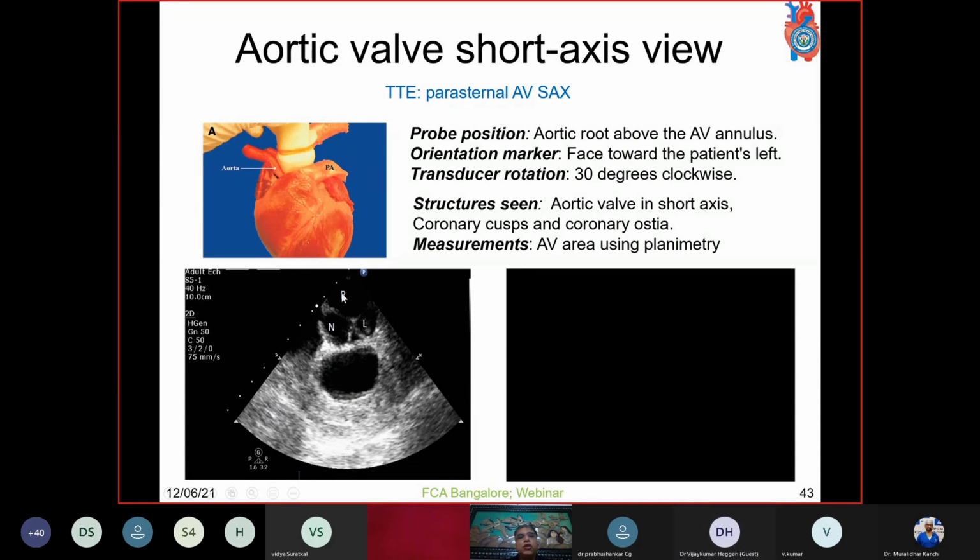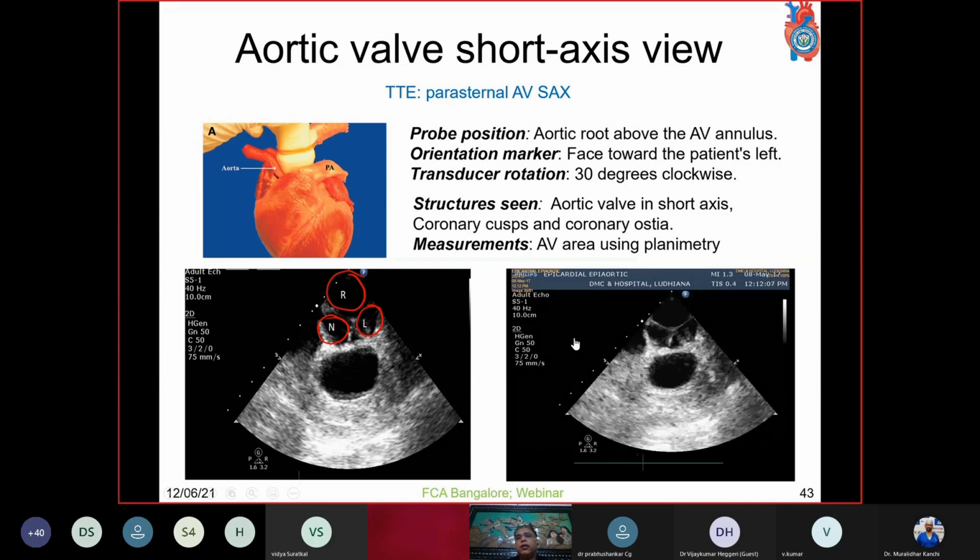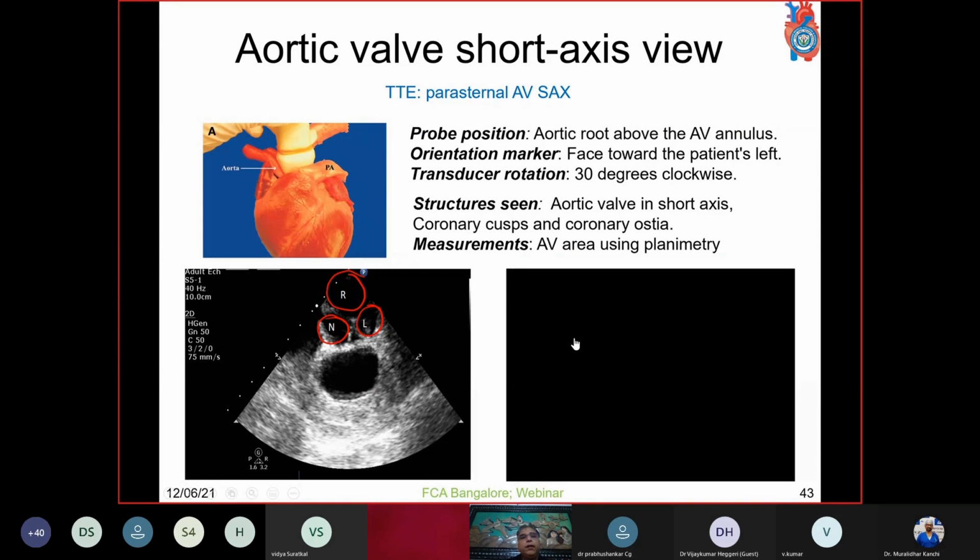The one which is closest to the probe is the right coronary cusp, which is opposite to transesophageal because there the right cusp is most distant on the screen from the probe. Then on this side come the non-coronary cusp and the left coronary cusp. And behind the aortic valve is the left atrium.